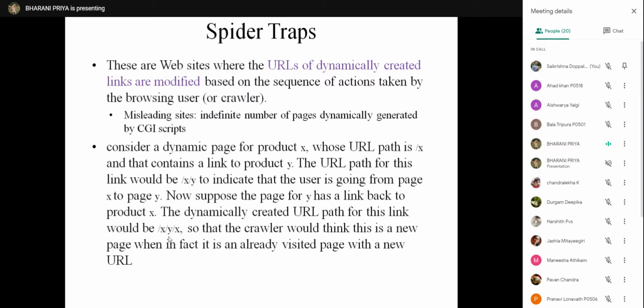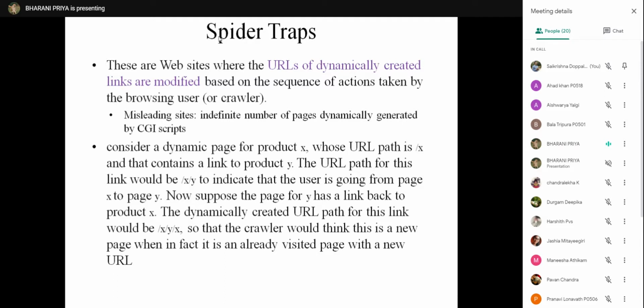But in fact, this page X is already downloaded. So these sites are misleading sites. By increasing the length of the URL, it misleads the crawler that it is a new page and that new page is downloaded again. This is a trap. That's why they are called spider traps.